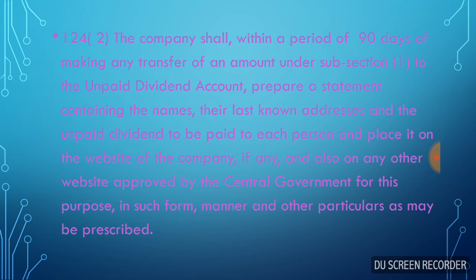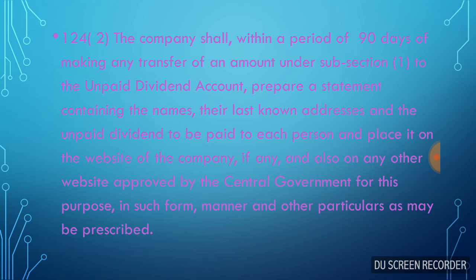Then the next section is section 124 subsection 2. This section says that the company shall within a period of 90 days of making any transfer of such an amount under subsection 1 to the unpaid dividend account prepare a statement containing the names, their last known addresses and the unpaid dividend to be paid to each person, and place it on the website of the company if any, and also on any other website approved by the central government for these purposes in such form, manner and other particulars as may be